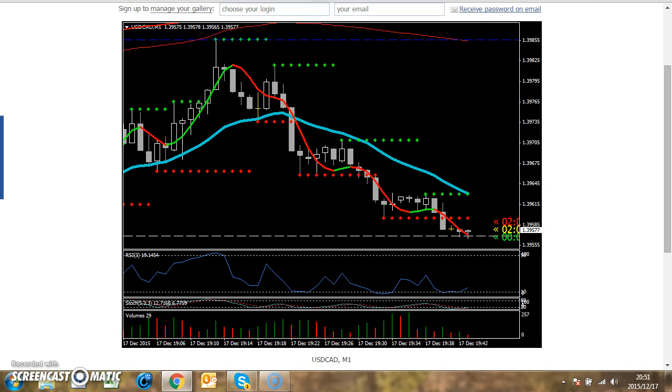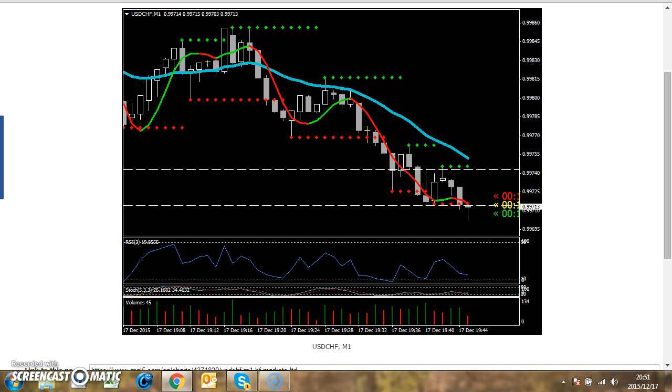Let's take another example and see if you guys understand it. Alright. Now, again, what we're looking for here is three bars which don't touch the moving average, which are not inside bars, and make lower lows. Okay. Does this bar qualify? No. Why? Because it touches the moving average. The second bar, does it qualify? Yes. Why? Because it doesn't touch the moving average and it's lower than that bar. We need three lower lows. Okay. The third bar, does this bar qualify? Yes, because it doesn't touch the moving average and is lower than that bar.